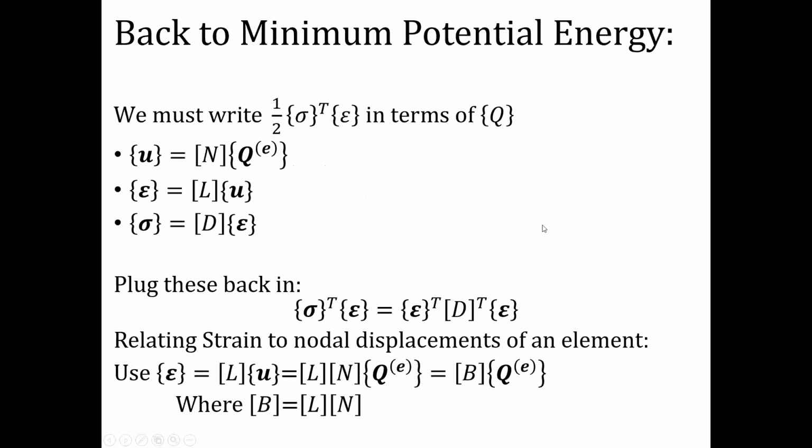So what were we doing? What we were trying to do is minimize the potential energy, essentially the strain energy, of a solid body, and we were suggesting that where the strain energy is minimized, at that point you're going to be in equilibrium. So what we were trying to do was this: this was the strain energy density, this half sigma epsilon term.